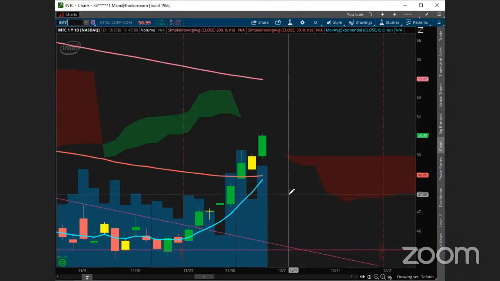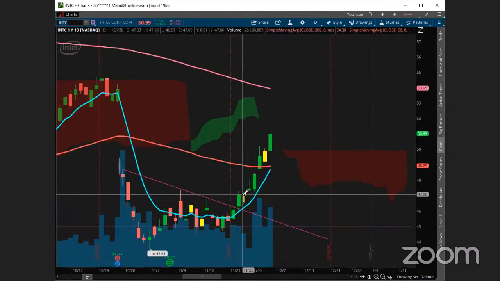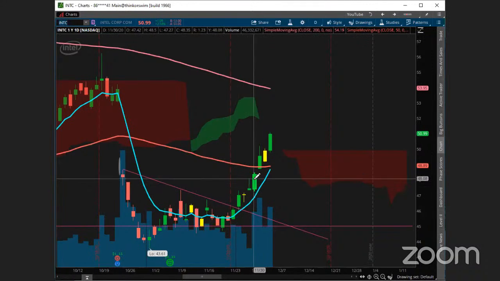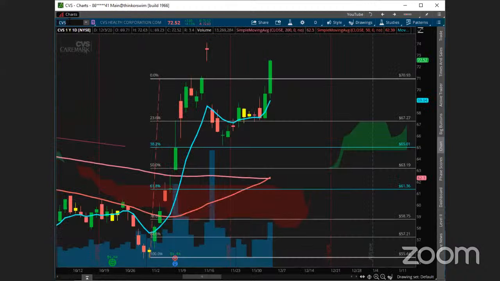And Intel. What a move on Intel. Big inside day up, guys. Again, this is an example right here of your breakout candle. Here's your pause day, and it's kind of like a double pause day, but you got some relative strength. This thing just kept on going. So it's coming through almost an invisible cloud right now. So just very, very bullish price action on Intel. I know you'd think NVIDIA would be moving after good earnings, but anyway, good stuff there.